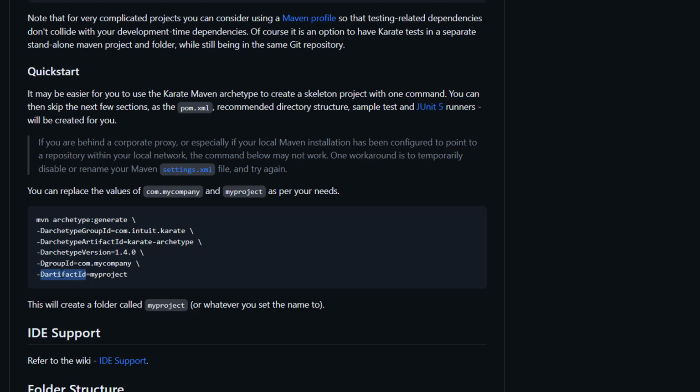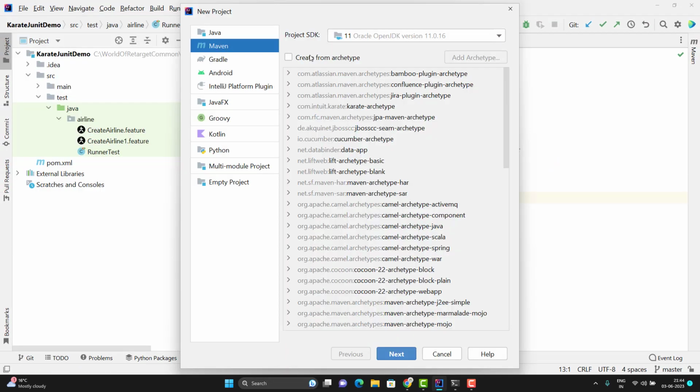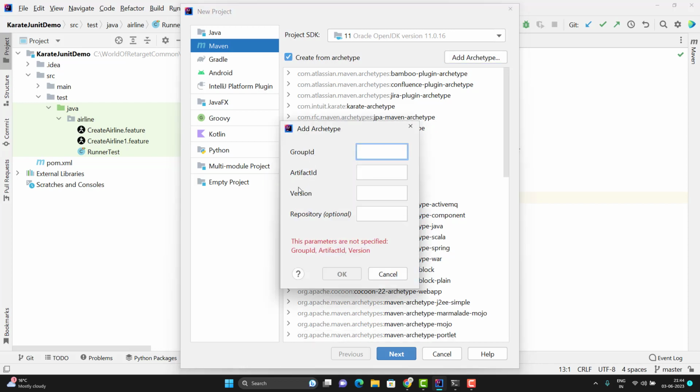Another way is to directly create the project using the archetype in IntelliJ. You can do the same thing in Eclipse as well. I will show you the demo in IntelliJ. I will click on File, go to New, click on Project. Here we have one option called Create from archetype. You may not find the Karate framework archetype here. For that you need to click on Add archetype, and here you need to pass the group ID and artifact ID.